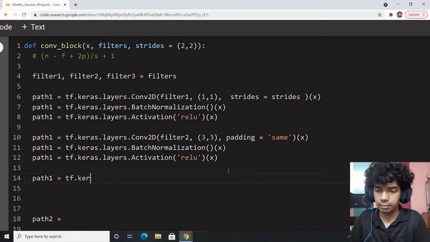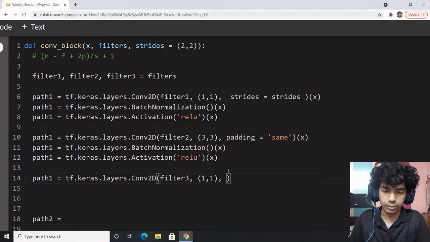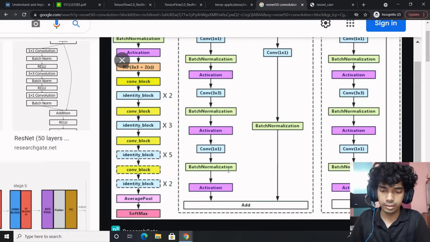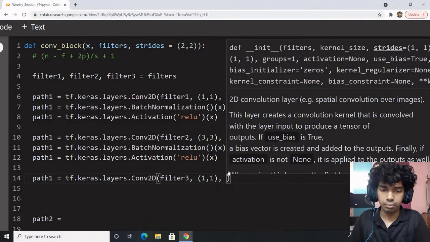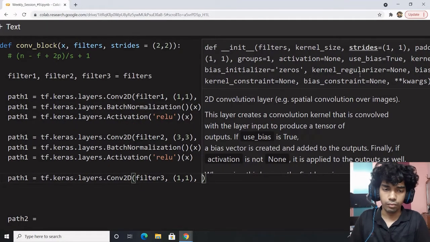Path 1 is again passed to filter 3, 1 cross 1, no point of strides. Strides is 1 cross 1, padding will be valid.